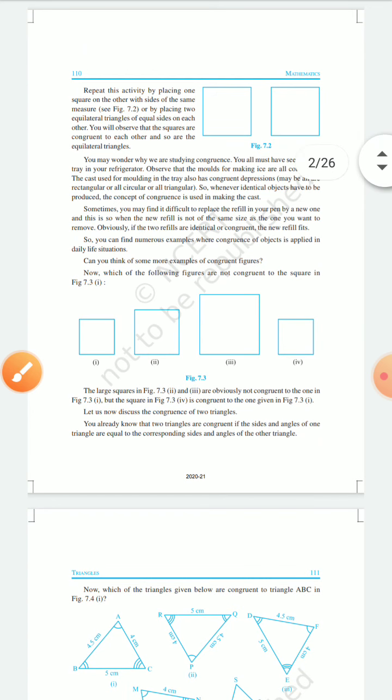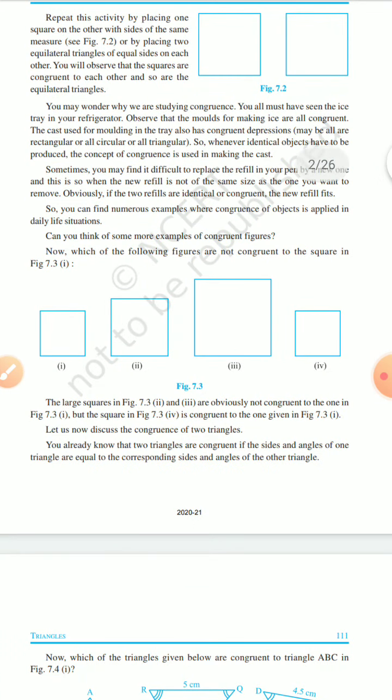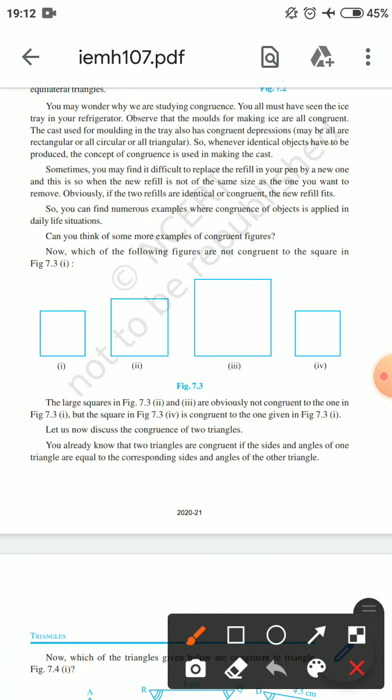Right, as you can clearly see here in figure 7.3, figure 2 cannot overlap any of the given figures here. Same is with figure 3. Figure 3 can also not overlap any of the given figures. But if you see that figure 1 and figure 4 will overlap each other, right? So we can say that square 1 and square 2 are congruent,